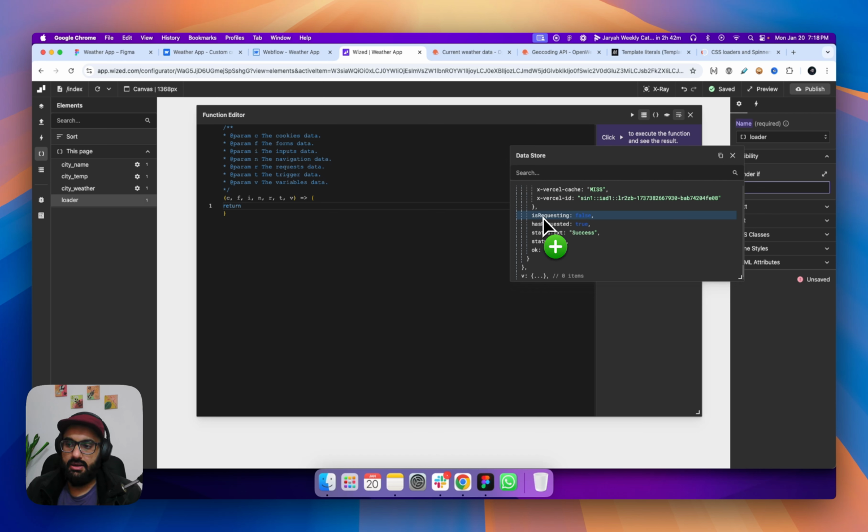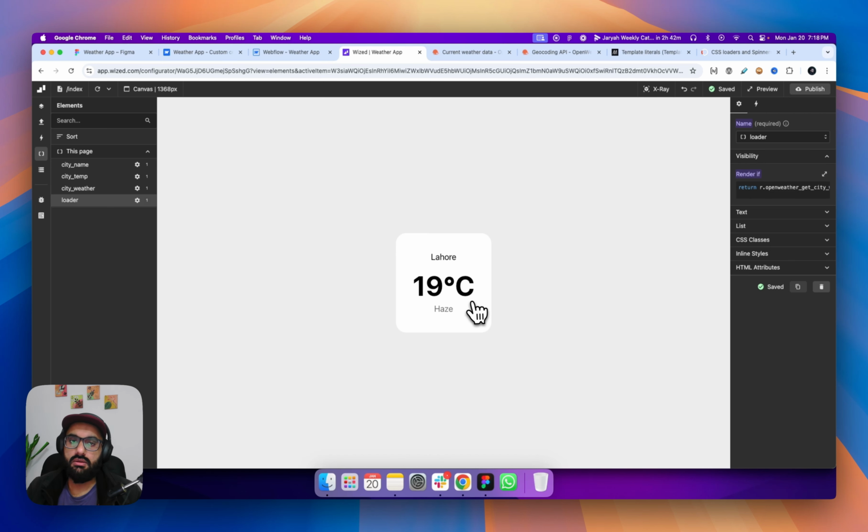So we can say that when it is true, only then make that part visible. I hope this makes sense, right? Now if I refresh this page, that loading icon is only visible when we are making the request, but